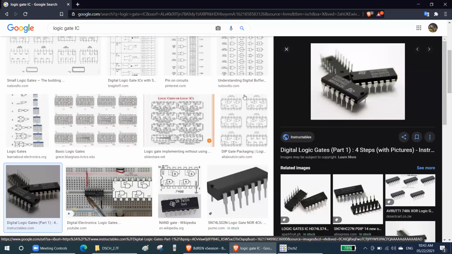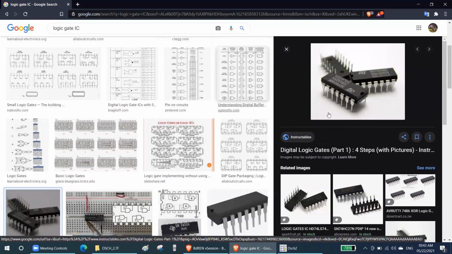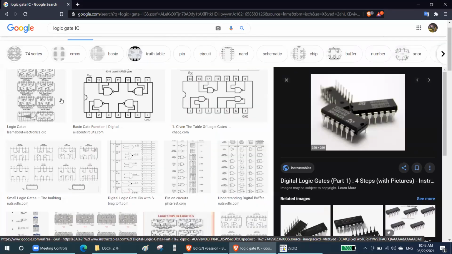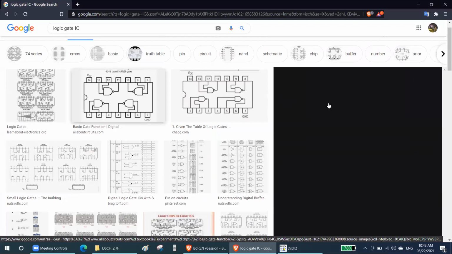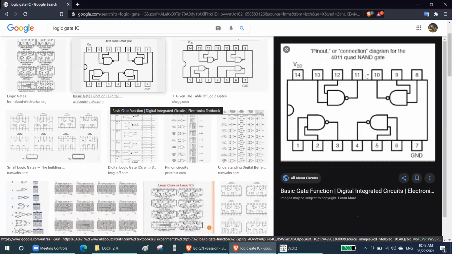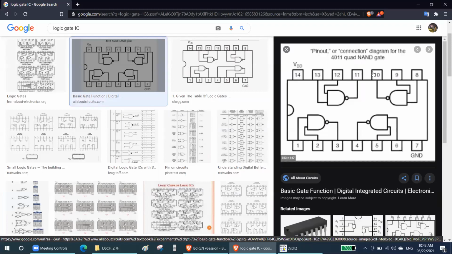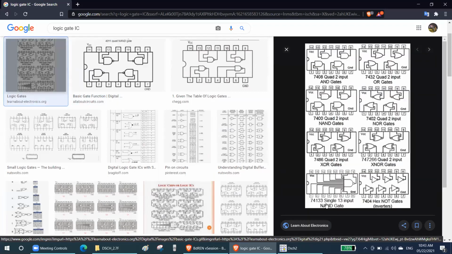And there are actually multiple logic gates in one IC. You can see here, you have NAND gates. In one IC, you have 4 NAND gates. What about this one? This is AND gate, this is OR gate, this is 3-input NAND gate. This is 6, that is, you have 6 NOT gates in one IC. But